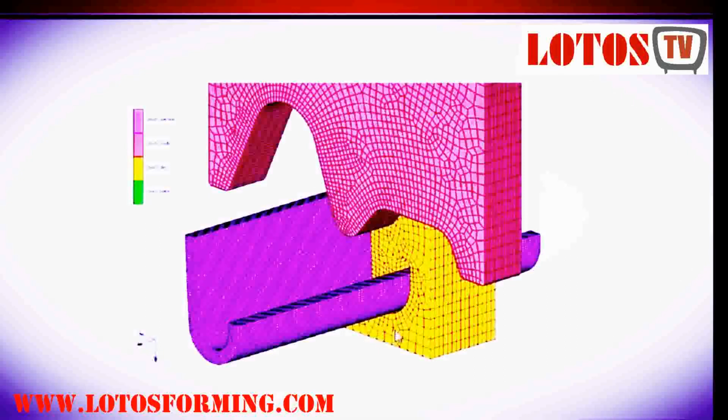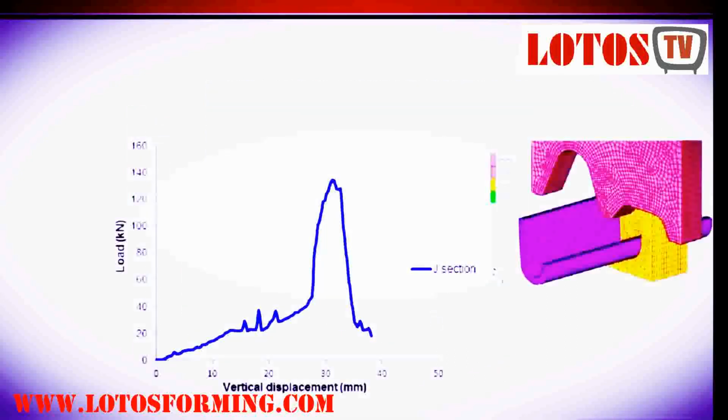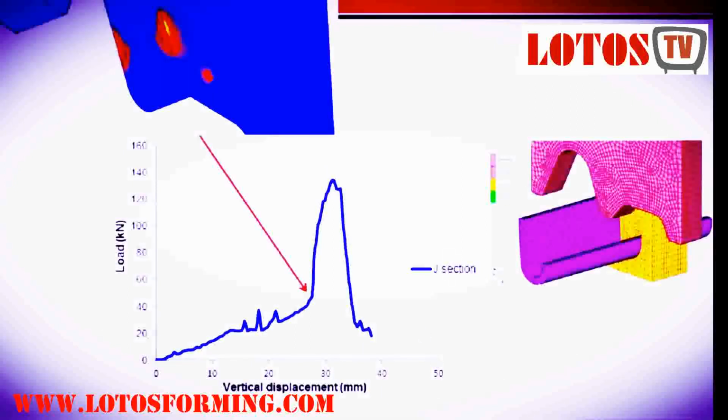Both dies are fixed. And here is the result in terms of loads and vertical displacement of the plate. You can see the loads increase to the maximum value and then go down. So what happened here is, when the plate goes down to cut through the J section, as you can see on the right, when it comes down to cut the J section at both sides, a lot of material needs